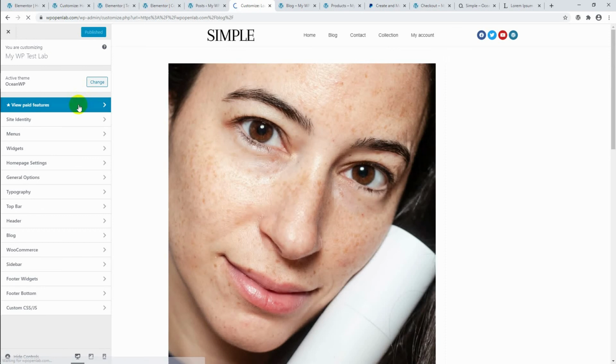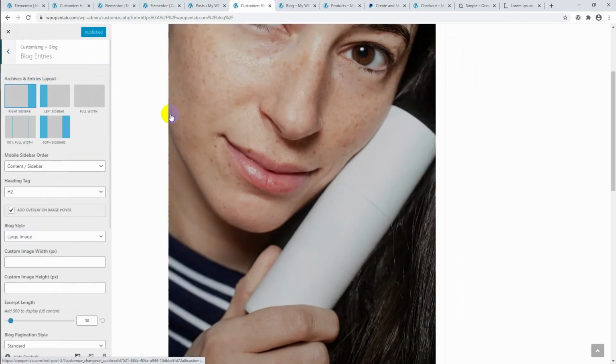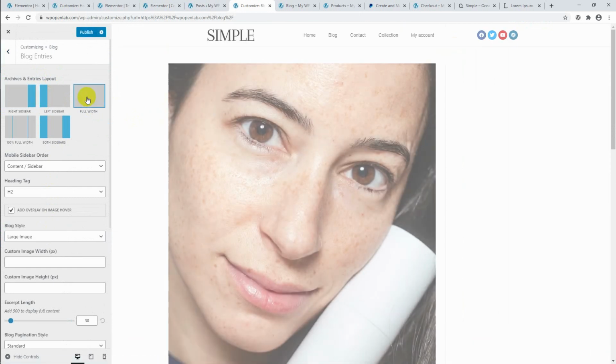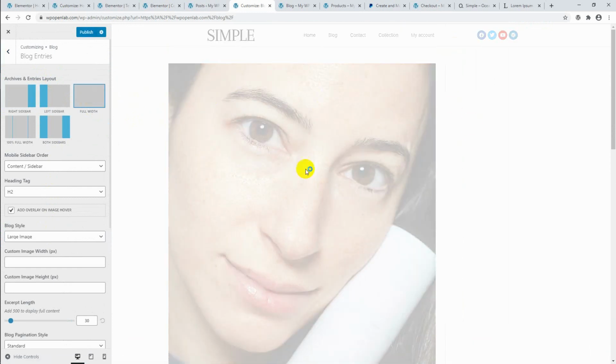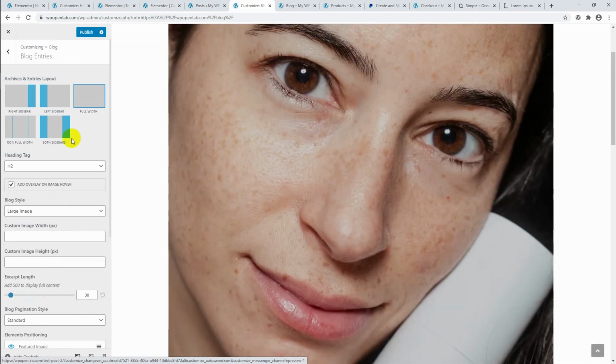So you can see we are now on the customizer. We need to find the blog option here. You can see the blog. Let's click that, and you can see the blog entries. Click that. Currently you can see the blog page layout. If we set that as full width, the blog page layout will be set as full width, and we can